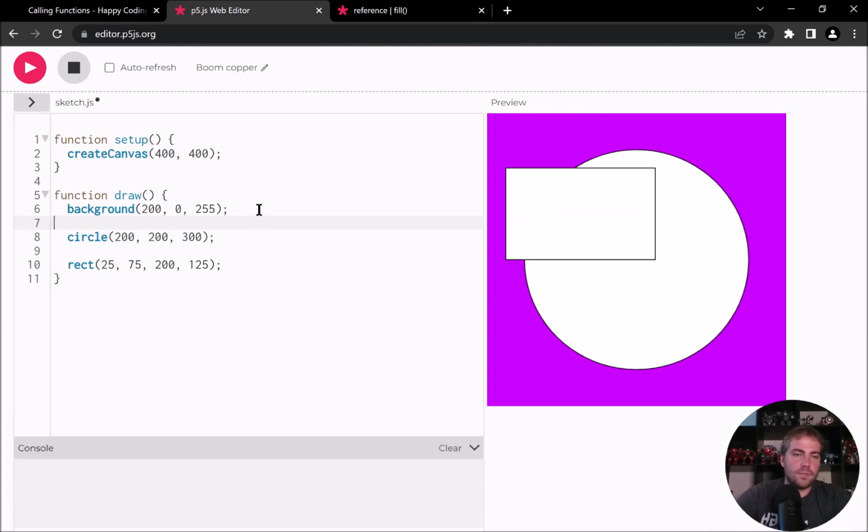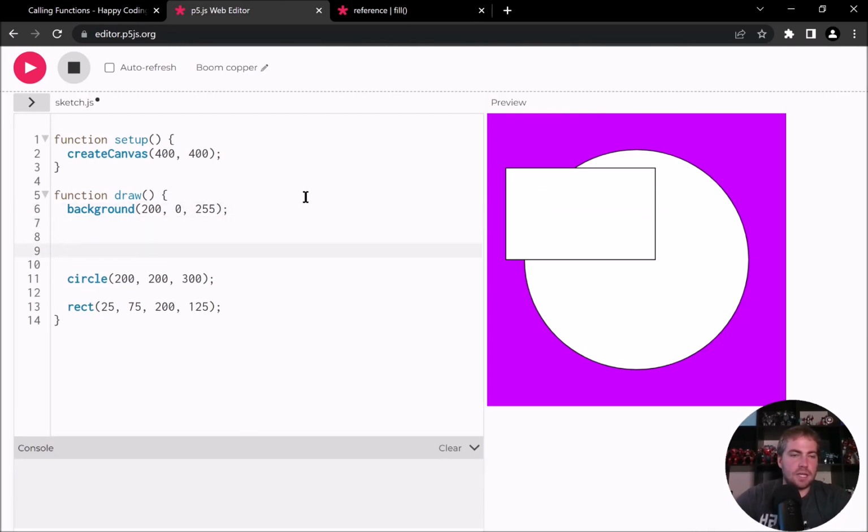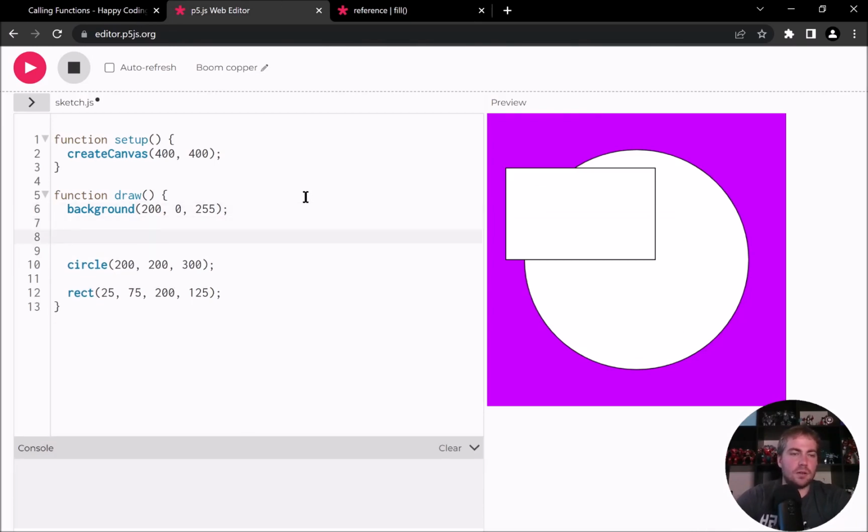So what I'll do is I'll give myself some white space, and between my call to background and my call to circle, I'll call the fill function by typing the word fill, and then an open parenthesis. P5 will automatically add a closing parenthesis, and then I will give it three values. And at this point, I encourage you to come up with your own three numbers between 0 and 255. So maybe I'll do,